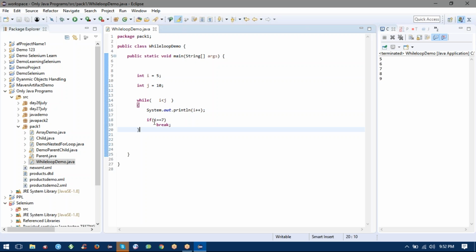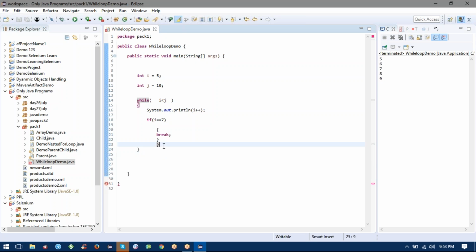So what I am doing over here, I am inside the while loop. I am putting i is equal to 7. Then what should I do? Break. So here you can see there is only a single line of code, so I am not keeping a block for it. If you are having more than one line of code, you can use a block. But for better programming practice, you should always use a block, because you might be making some kind of mistakes. To avoid those